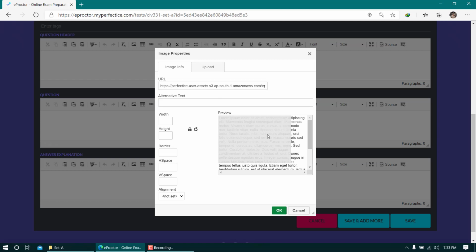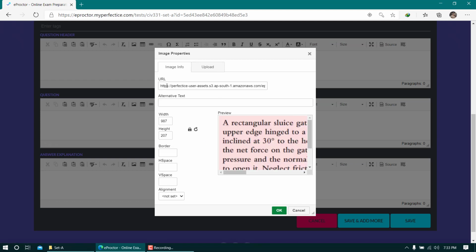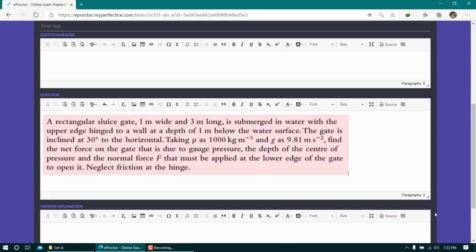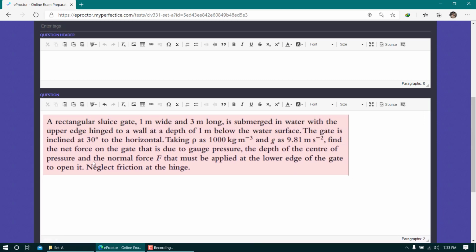Just wait for a while until it gets uploaded. And now leave everything as default. Click OK. And now there is a handle to enlarge this box. I'm going to use this handle to enlarge it. And you can see the text appears in this image a little bit larger. And the reason is, if I press enter and type anything, you can see the difference between the text sizes. So I can reduce the size of this image further.